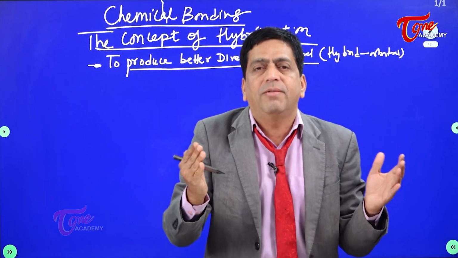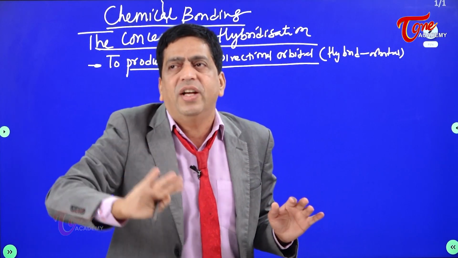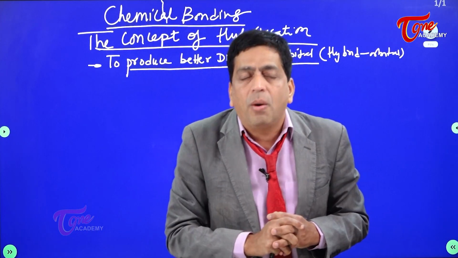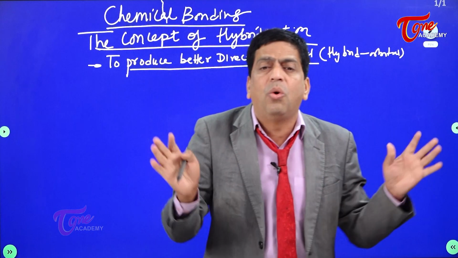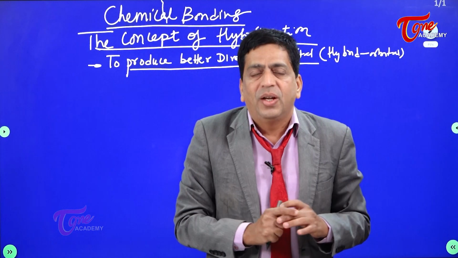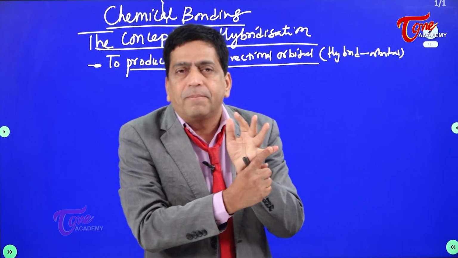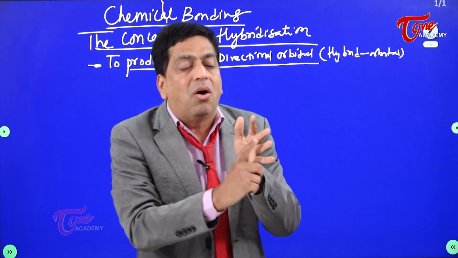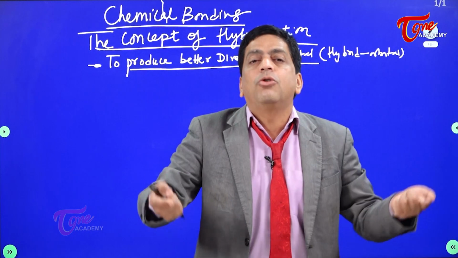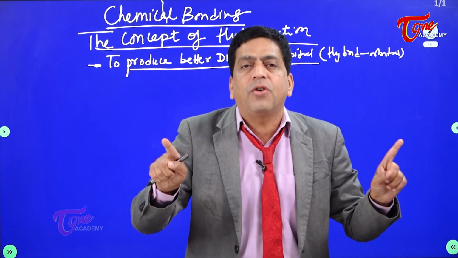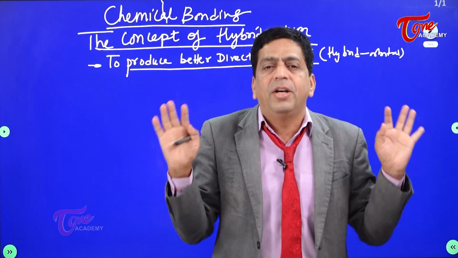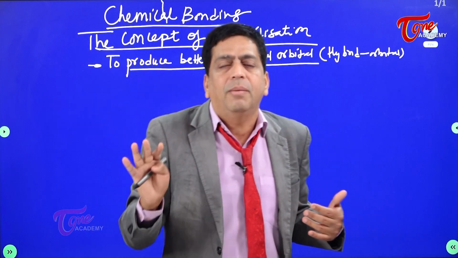We are just trying to give a convincing theory why the bond angle is so much, why the shape is that much, why the structure is formed like that. But hybridization is no method of preparation for molecules, you must understand. So I call it hypothetical. So what is hybridization? It is hypothetical intermixing of atomic orbitals in the atom before bonding to generate an entire new set of orbitals that are called hybrid orbitals with better directional properties. So I have ensured I am ready before bonding, before calling my partner.